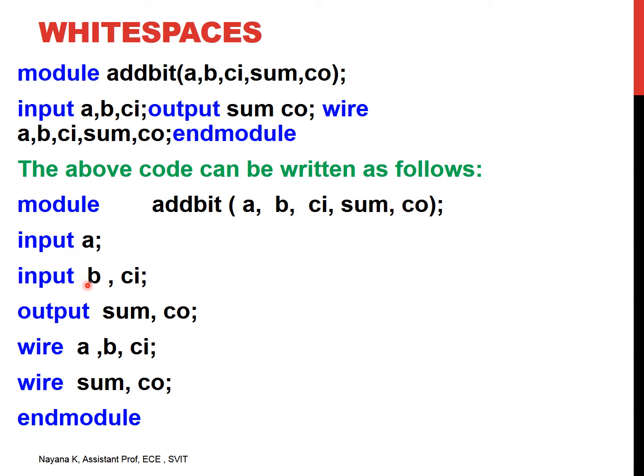Similarly here, we had all the input variables written on the same line, and we have just separated them and included a lot of spaces. We have included a new line character here. In the first code, we put input, output, and wire on the same line, but we have split them onto different lines by pressing the enter key, that is, a new line. And we have given sufficient blank spaces here, a tab space is also given. So both codes work perfectly fine in this particular case.